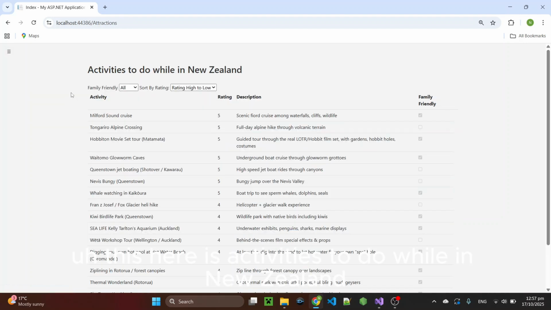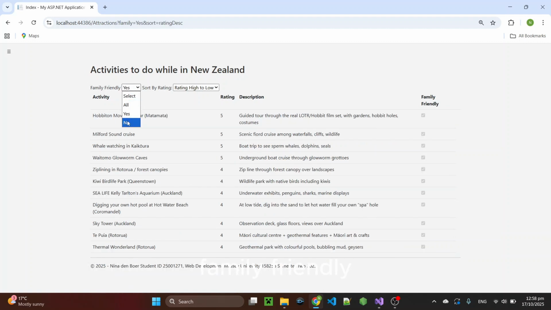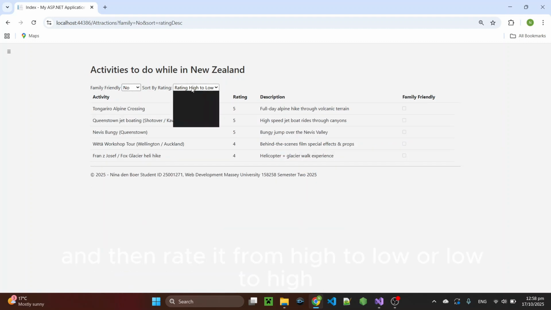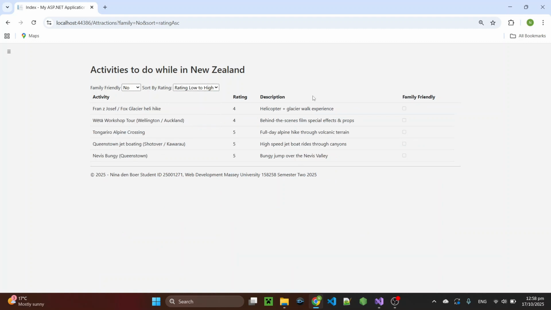This here is activities to do while in New Zealand, and this has two filters that can be applied at the same time. So, you can see whether it's family-friendly or not family-friendly, and then rate it from high to low or low to high. And the next one is